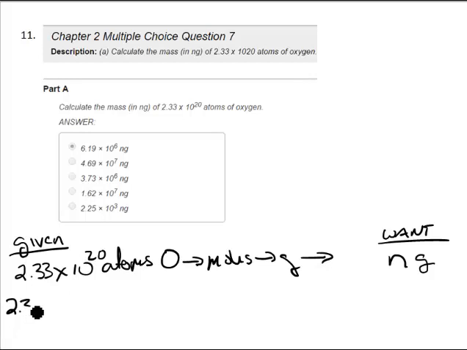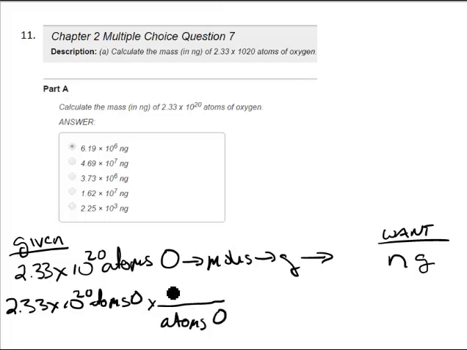So, 2.33 times 10 to the 20th atoms of O. First step is to cancel atoms of O. Okay, and we go to 1 mole of O, and that is 6.022 times 10 to the 23rd, Avogadro's number. That cancels those units. And then we have to cancel moles of O,